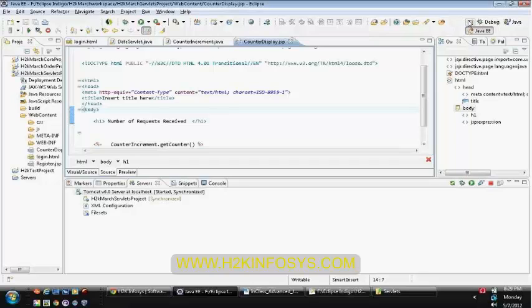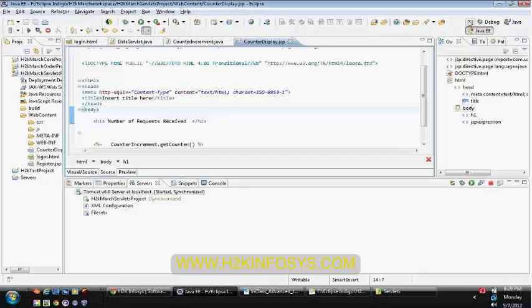That means if the request has some issues, then you will simply redirect to an error page or login page instead of to the servlet. Let us draw a small diagram for that.